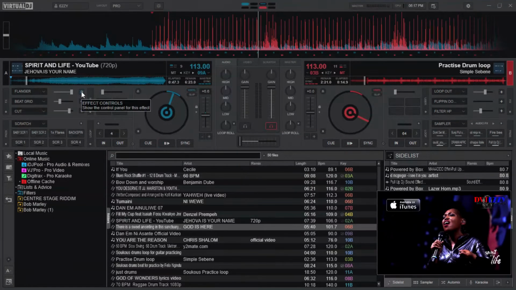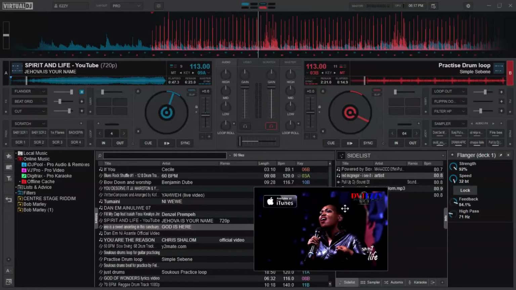So for instance, like this, you might call it flanger, franya, flagger, whatever kind of name that you want, but as long as you know how to write it, get it. So you use this plus button, it will give you some kind of extra settings on that kind of effect. So for instance, this is the strength of that effect on that track. If you want it to be 100%, if you want it to be at some kind of percentage, 50%, whatever, the speed, how long will that effect go on and loop itself?